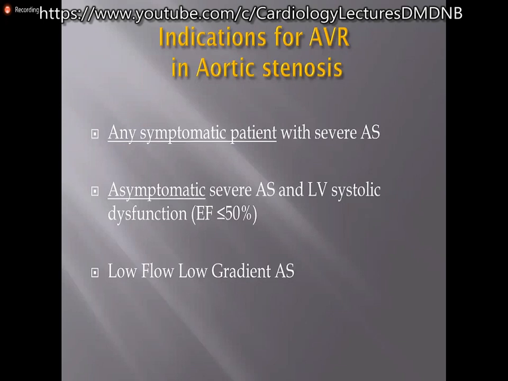What are the indications for AVR in aortic stenosis? Symptomatic, it is straightforward. In asymptomatic severe AS, if there is an LV systolic dysfunction, or undergoing surgery for other valve or a CABG, yes, the aortic valve needs to be treated. And the third important indication for surgery in asymptomatic severe AS is if their NT-proBNP levels are high. If NT-proBNP levels are high, then we have to consider an early